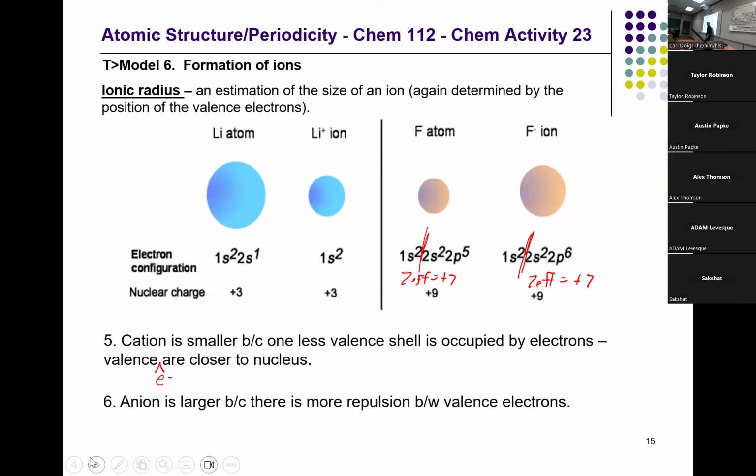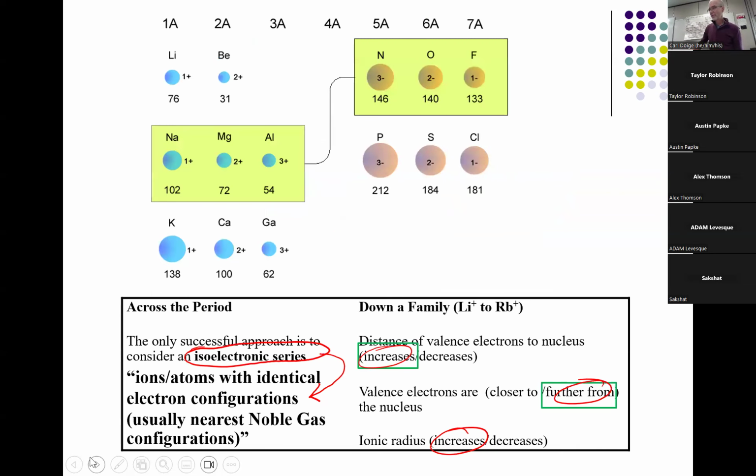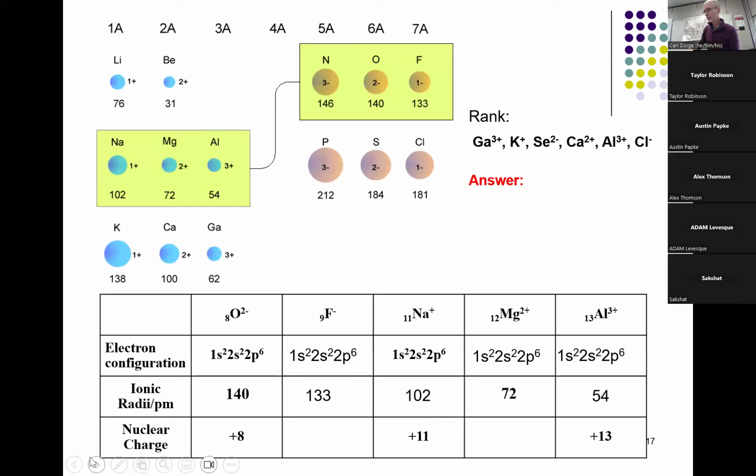These electrons here are in the first energy level. These guys are in the second energy level. So that's smaller. In this case, what's different? Well, it's not the nuclear charge that changes, but we added an extra electron. What's the effect of adding an extra electron? More repulsion. So bigger size. And then finally, we looked at this sort of thing. What happens in an isoelectronic series? And it's that same number of electrons, but the charge is going up.